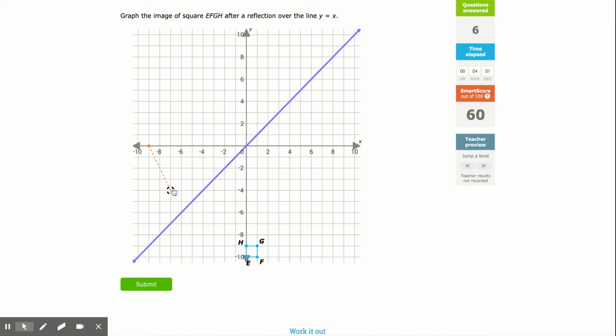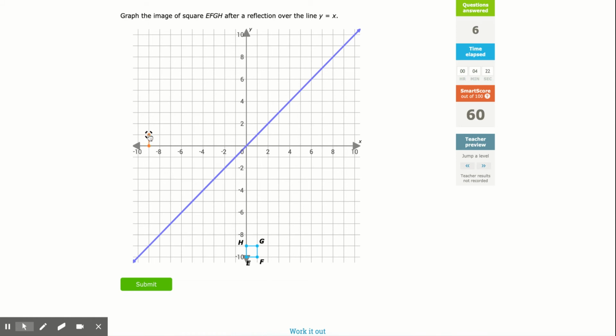So I'm going to end up right there. Now, that's H. So be very, very careful now where you put G, E, and F. So I'm going to go with G, 1, 2, 3, 4, 5. So I'm going to go 1, 2, 3, 4, 5. So there's my